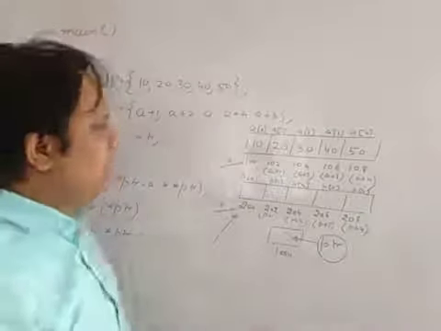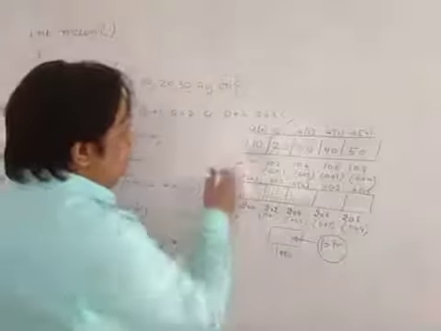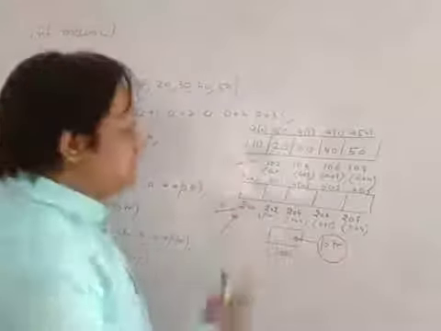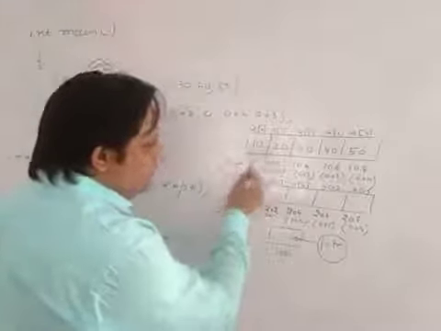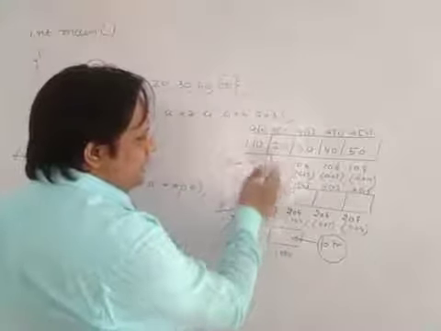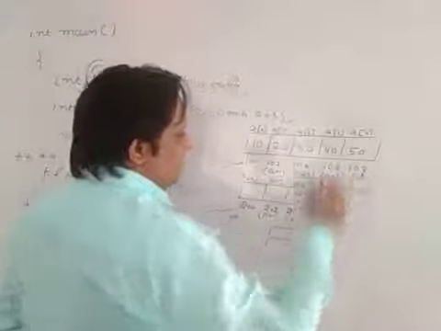I have told you many times that name of array means what? The base address of the 0th element of the array. So if somebody asks you what is the value of a, the value of a is 100. Moving further, a plus 1 means the next address ahead. a plus 1 is 102, a plus 2 is 104, a plus 3 is 106 and a plus 4 is